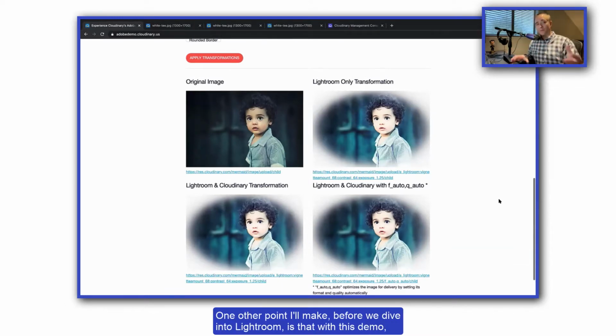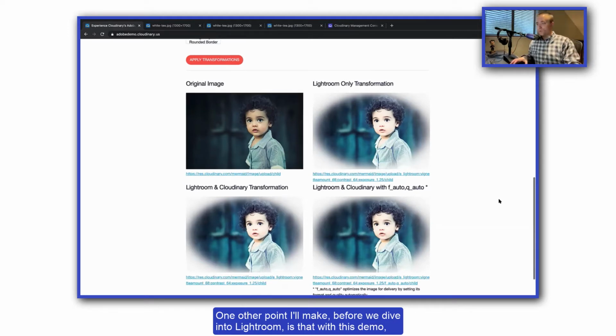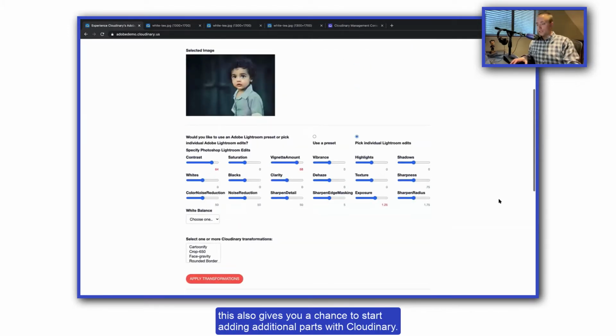One other point I'll make before we dive into Lightroom is that with this demo, this also gives you a chance to start adding additional parts with Cloudinary. It's important to know that you're able to add Lightroom and also add Cloudinary transformations to it. So if you enjoy some of the really popular transformations that we have, like f_auto to make sure you're delivering images in the right format, adding the right level of compression with auto quality, or even adding additional things like focusing all of the gravity on the face, there's lots of things that you can do.